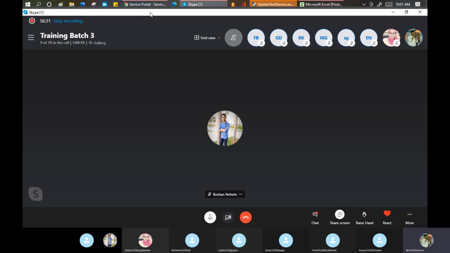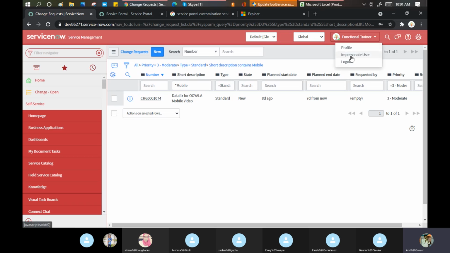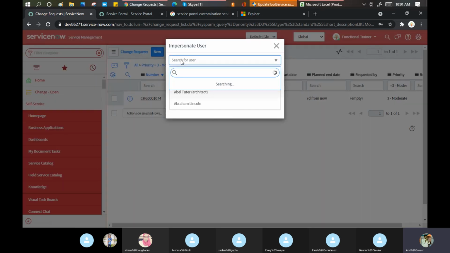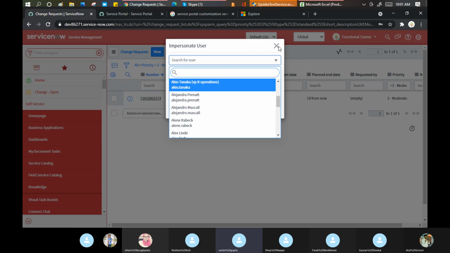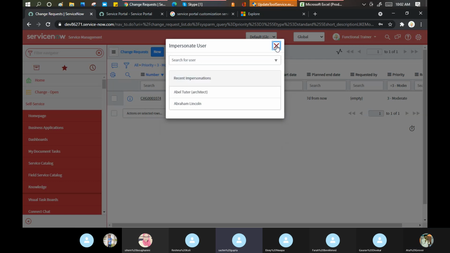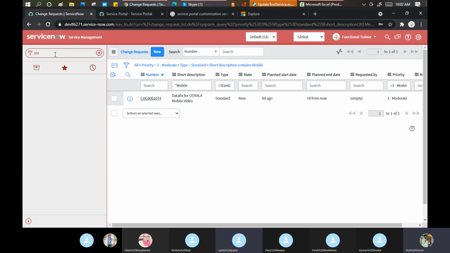Okay, so always remember one thing in ServiceNow: an end user is basically someone who doesn't require any license in the system, and an end user cannot have this view in complete manner. Let me see if I have any end user here. Let me try to find out. No. The end user will have only basic information, like why you are raising a ticket, for which problem you are raising a ticket.